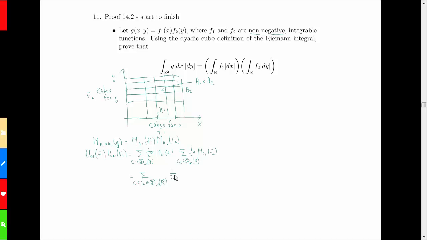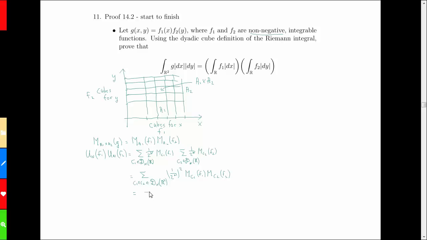I will have 1 over 2 to the n squared times the supremum of f1 over c1 multiplied by the supremum of f2 over c2,